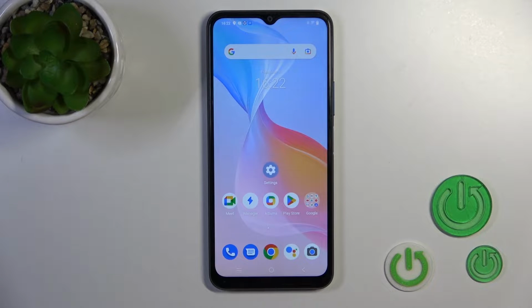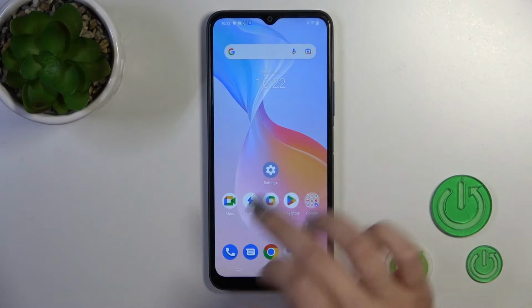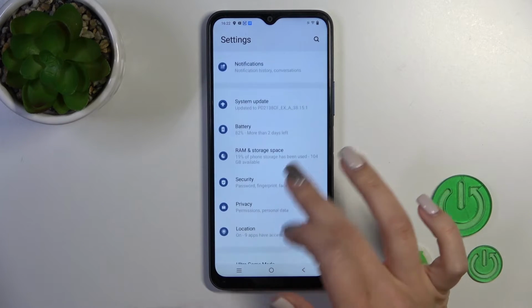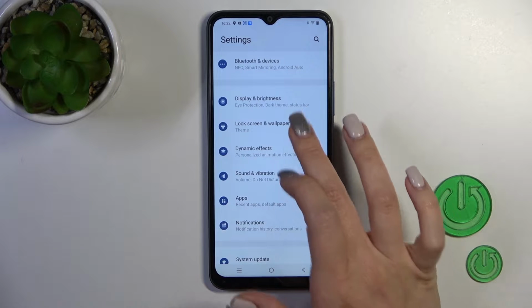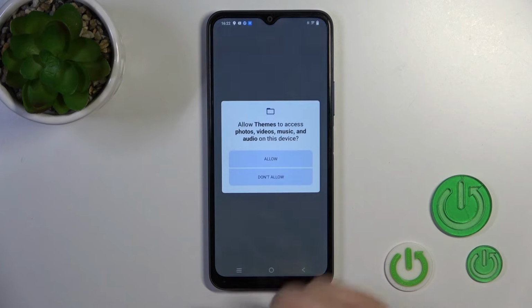Hi, this is the VIVO Y21S and I'll show you how to change lock screen wallpaper on this device. So open first the settings application, then scroll down to the lock screen and wallpaper, tap here to wallpaper section,